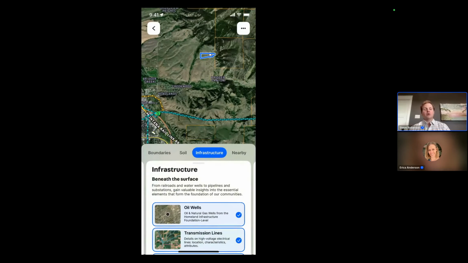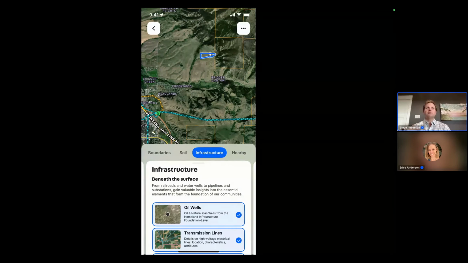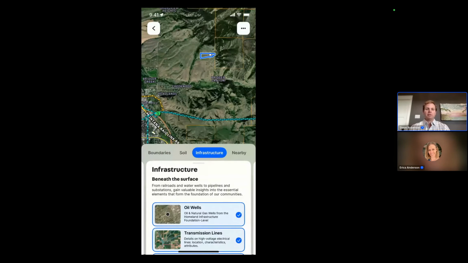Really important for us to know if one of those transmission lines or a railroad is running on or close to a property. Once again, it takes us a couple of minutes for us to run through this card on any property, but it's going to create talking points for us to have in presenting ourselves as people that have done our research, that really know the market and know that property. And what I like to say is within 2 minutes, if you go through this card, you utilize the standard Land ID plan,